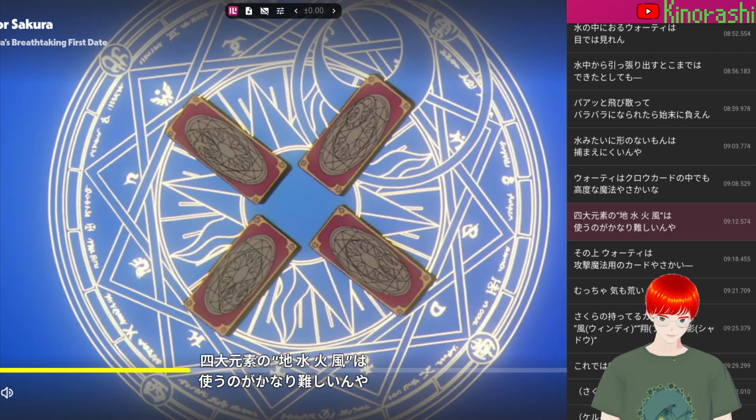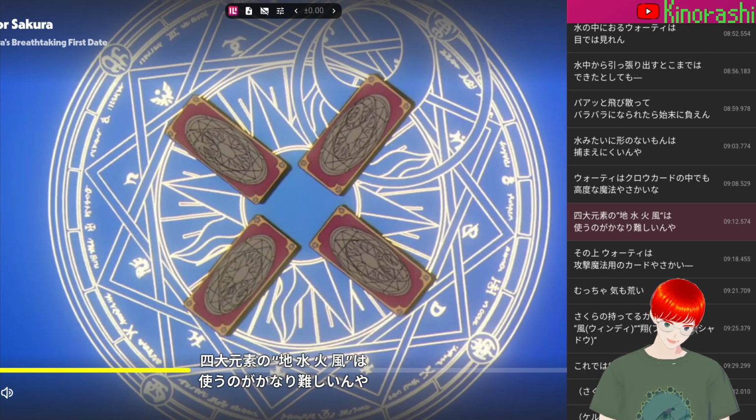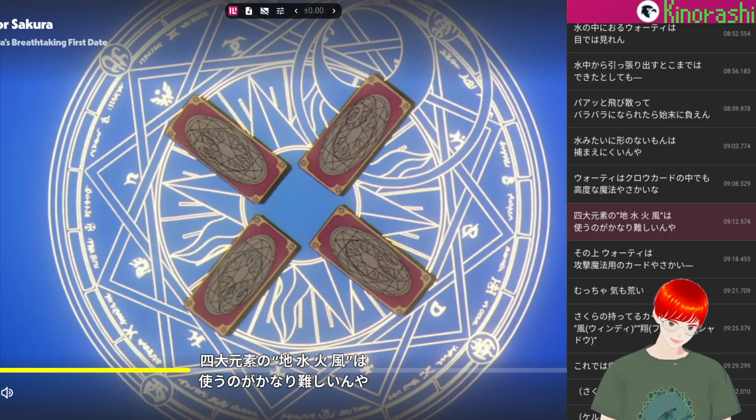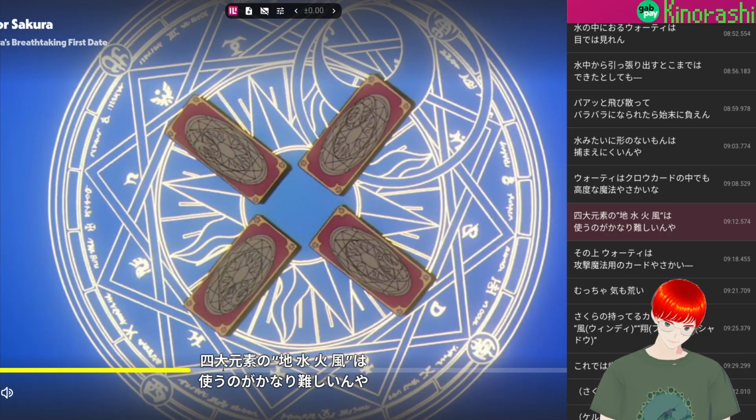Using them is considerably difficult. So as for the four classical elements, earth, water, fire, air, using them is considerably difficult. Yondai genso no chi, mizu, hi, kaze wa